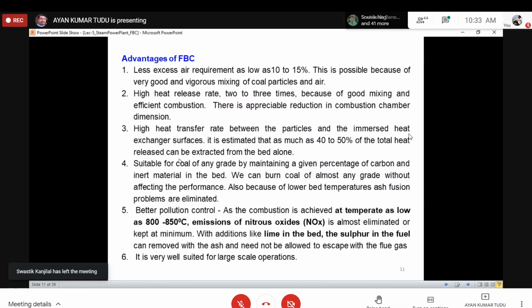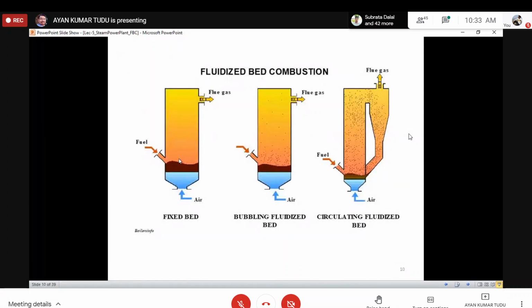Obviously, number one, as you can see from the figure, it will be requiring a very complex coal feeding and ash handling system. The coal that is entering should be of a particular proper size. So it will require an auxiliary starting system like a gas or oil burner.